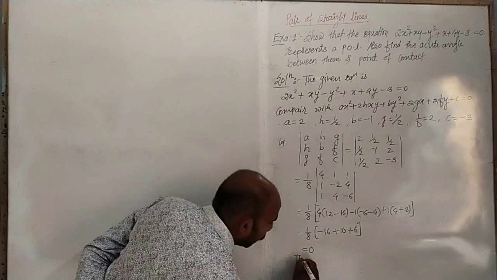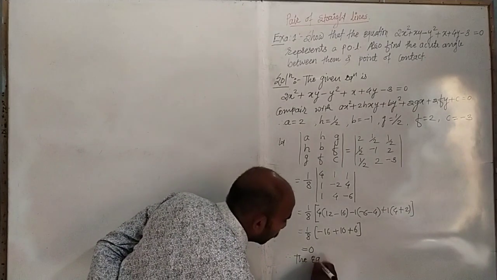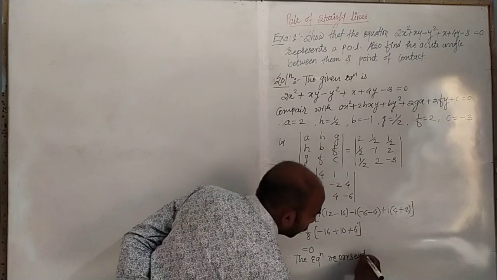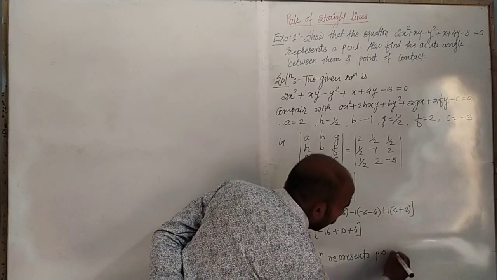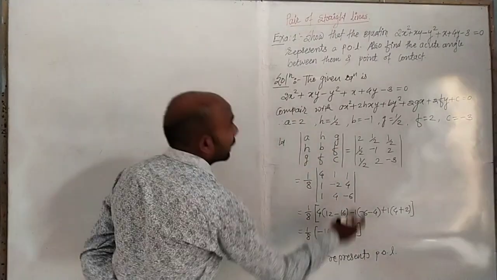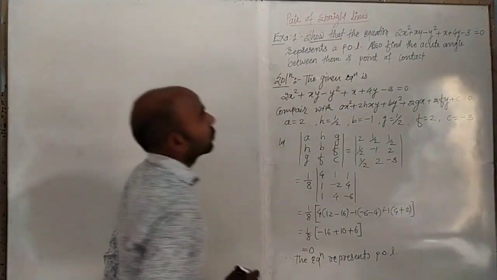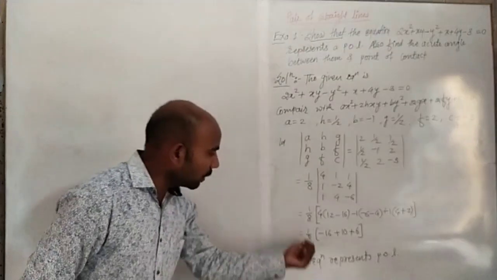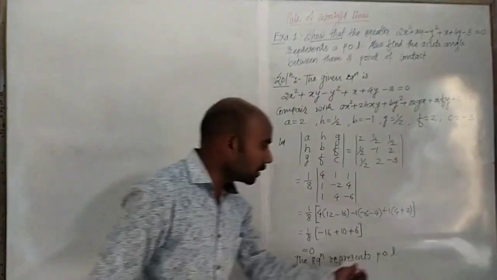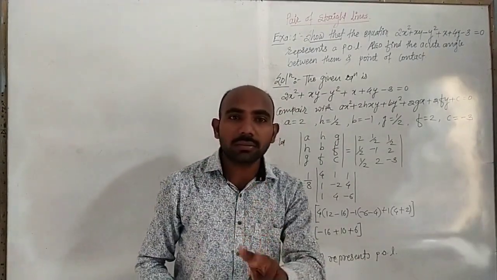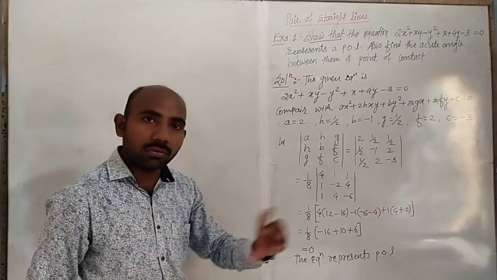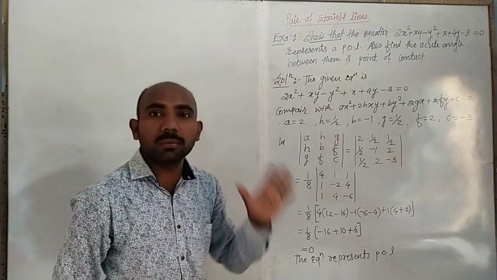Therefore the equation represents a pair of lines. So that is the first equation. Why? Also that the equation represents a pair of lines. So that is, if the determinant value is 0, then the equation represents a pair of lines. If the question is for 2 marks, then you are only asked this, so that only the equation represents a pair of lines.